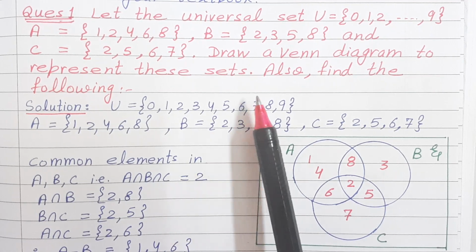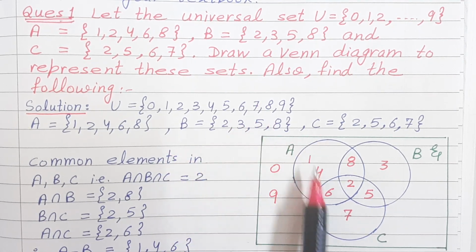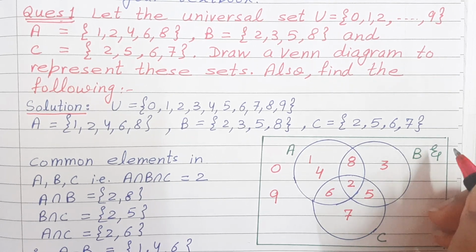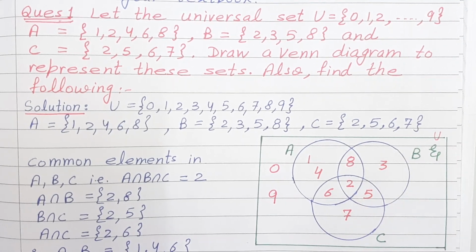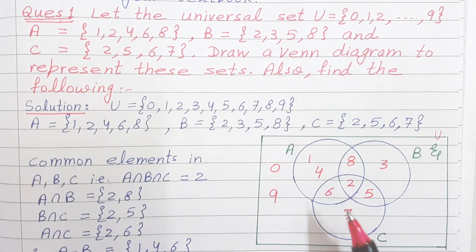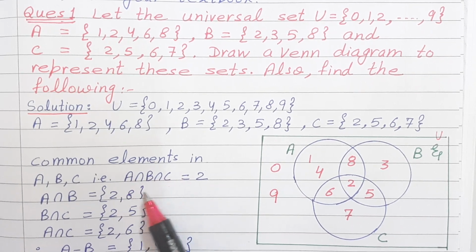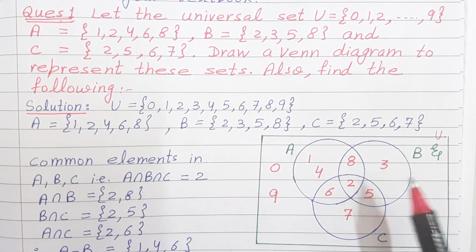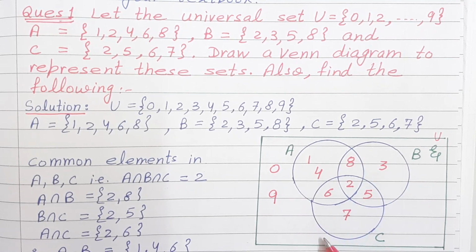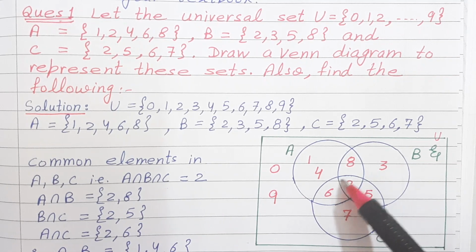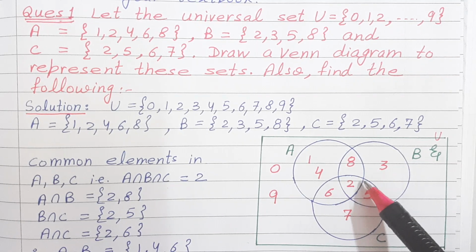Now, let us represent the given sets on a Venn diagram. Now, you can see Xi is a universal set. Here, you can write U also, as it is mentioned in the question. Now, we can see that A intersection B intersection C, all the three intersection is 2, right? So, after drawing the circles like this, then we will write 2 in the center. Now, this 2 is representing the common element which is in all three, right?